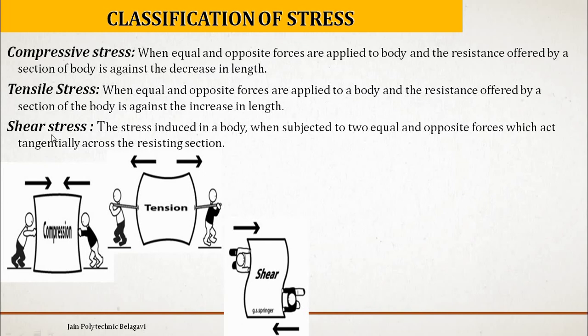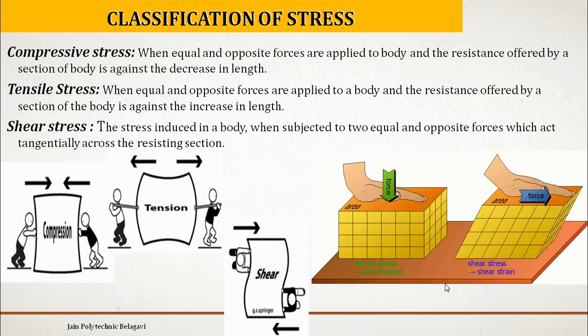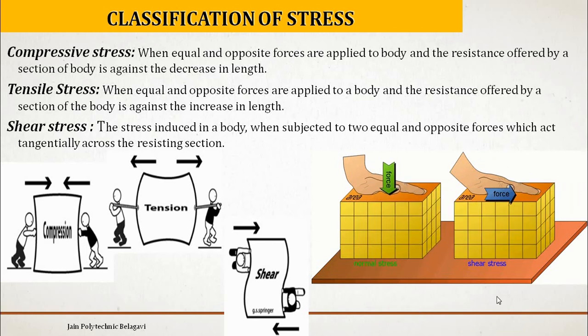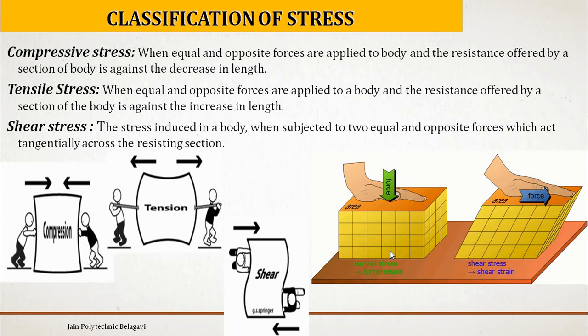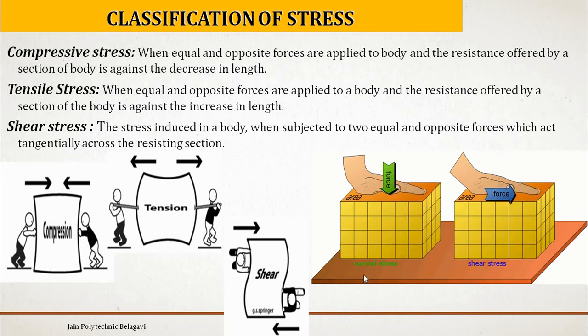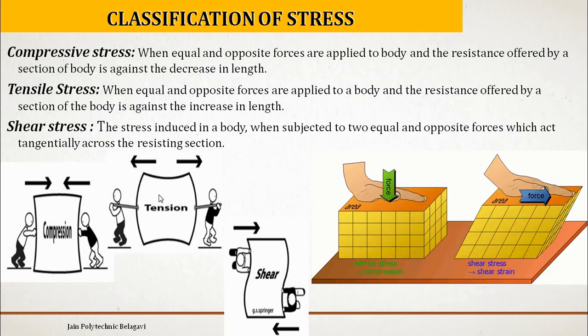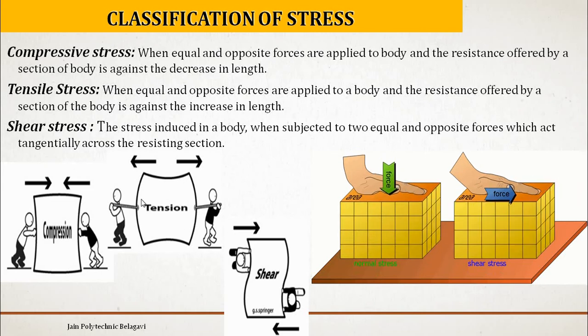So you can say the simple definition: the ratio of shearing load to the area is said to be shear stress, right? The unit will be Newton per millimeter square. So these are the three stresses in the classification of stress. Again, you can find one of the images, a very interesting image for compressive stress as well as shear stress. Normal stress is nothing but the forces which are acting normally. So here these two are nothing but normal forces acting.